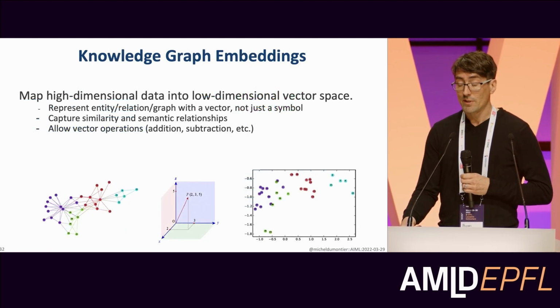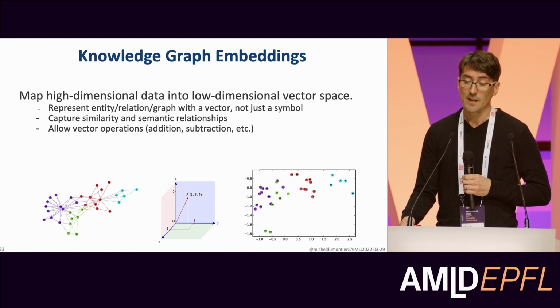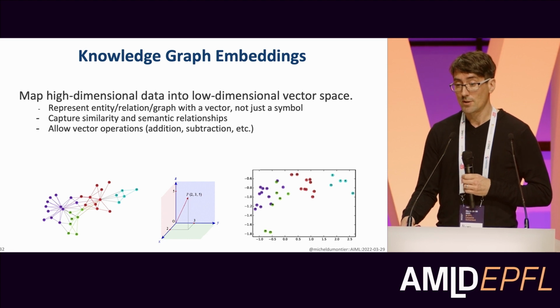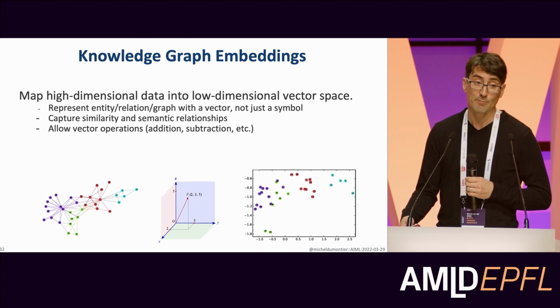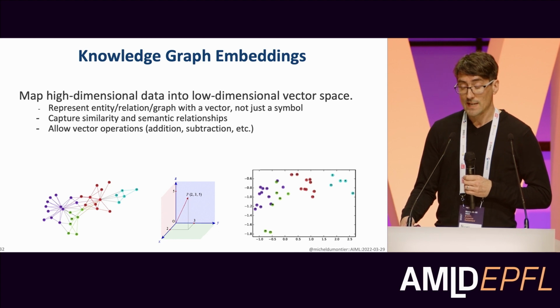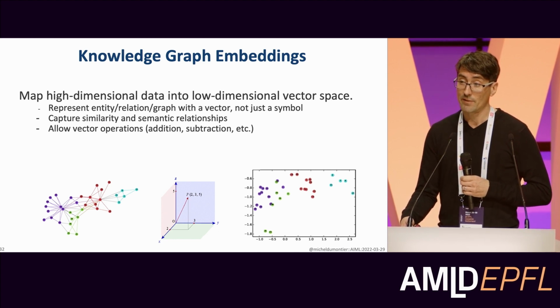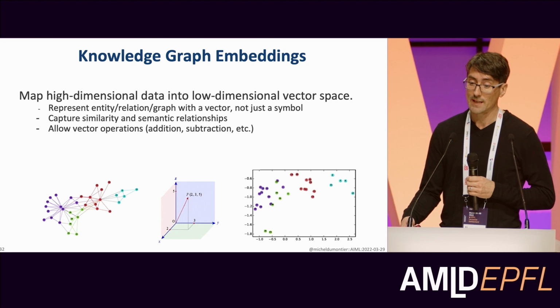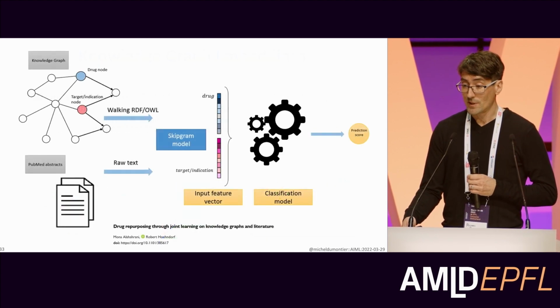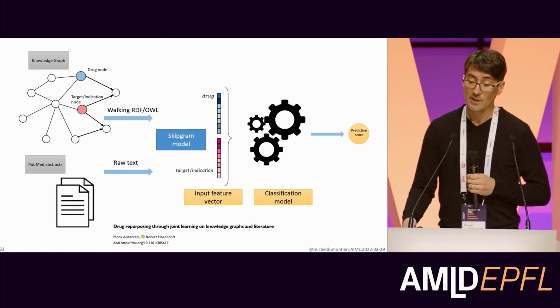Perhaps an emerging topic of interest is the development of more sophisticated deep learning-based applications. These are so-called knowledge graph embeddings, where we try to learn the semantics of the information that we have in our graph by looking at their neighborhoods. What you do is represent the entities or relations with a vector, not just as a symbolic representation. From these vector-based representations, you can compute similarities and also semantic relationships and allow more complicated vector operations. It also turns out to be quite effective in learning predictive models.